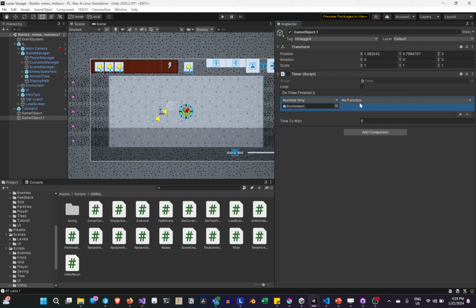Hi, so let's talk about Unity events. Unity events are some magic C sharp thingies that can be accessed through the editor. I have a game object here, which is a timer, and this is our on timer finished event. Unity event specifically. You could also do it with C sharp, but this is great for designers and non